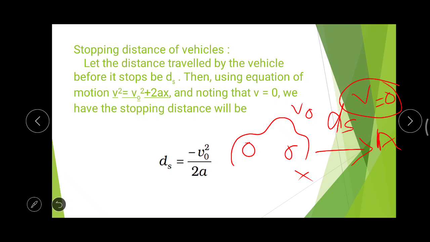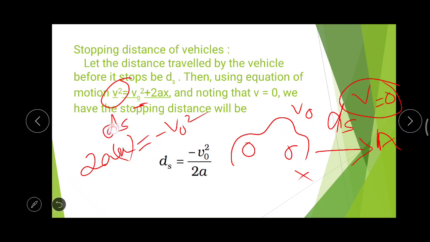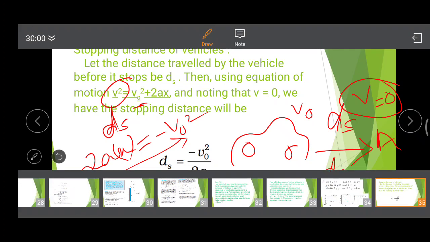So how will you find out the ds? Here the v square will be 0. So you can see that if you are taking the v0 square to the left hand side, the 2ax will be equal to minus v0 square, where this x is actually the ds. Okay, that is the ds. So minus v0 square divided by 2a will give you the ds value, that is the stopping distance. Okay,